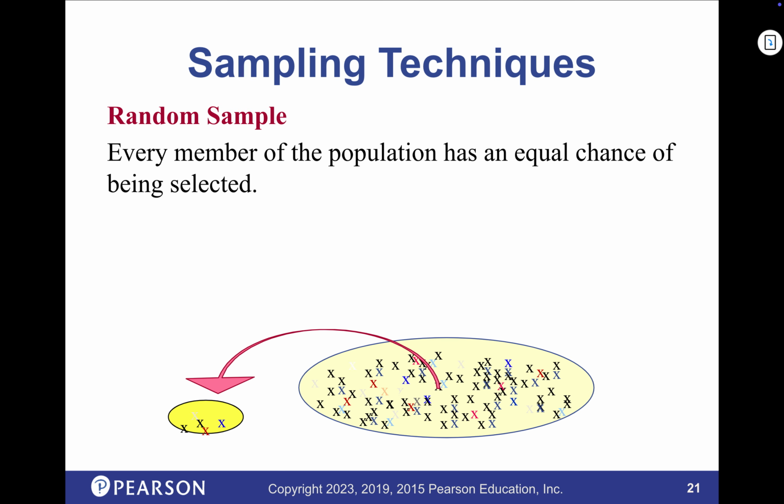Random sample. What it means to be random is not just to roll a dice and pick somebody, but the fact that everybody in the population has a potential to be part of the sample. You have to have that happening. And then randomly, you choose from everybody. Now, if I were to do it off of people's driver's license, I want the whole population of the US, and I go into the database to find driver's license, would that be a true random sample? Why not? Not everybody has a driver's license, so not everyone could be chosen for my study.